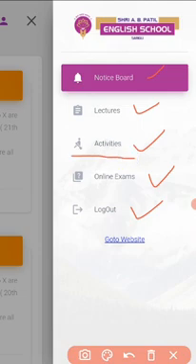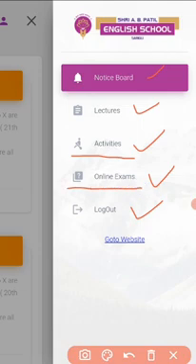Activities means what? Through the videos or the lectures, teachers are sometimes going to give you some activities that you have to make your child complete, and they will give you a particular date to upload their photos or videos. They have to click on this activity tab and they can upload the videos or photos of the activities. It's very important that whenever an activity is given by the teachers, they will give you a particular time, and only on those days will this tab open. It will not open throughout the year.